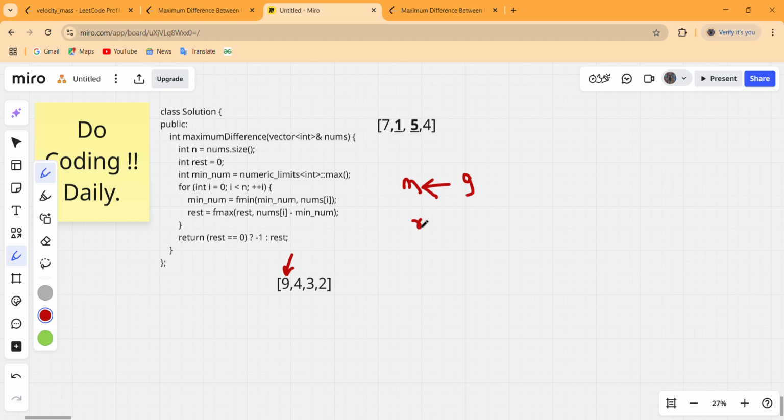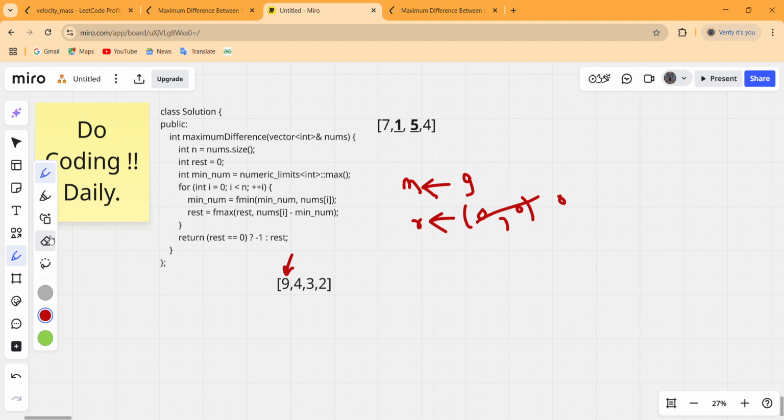So we have to update our result to the previous result, that means 0, and this nums of I, that means 9 minus 9, 0, and result contains maximum of these two values, that means 0 only.